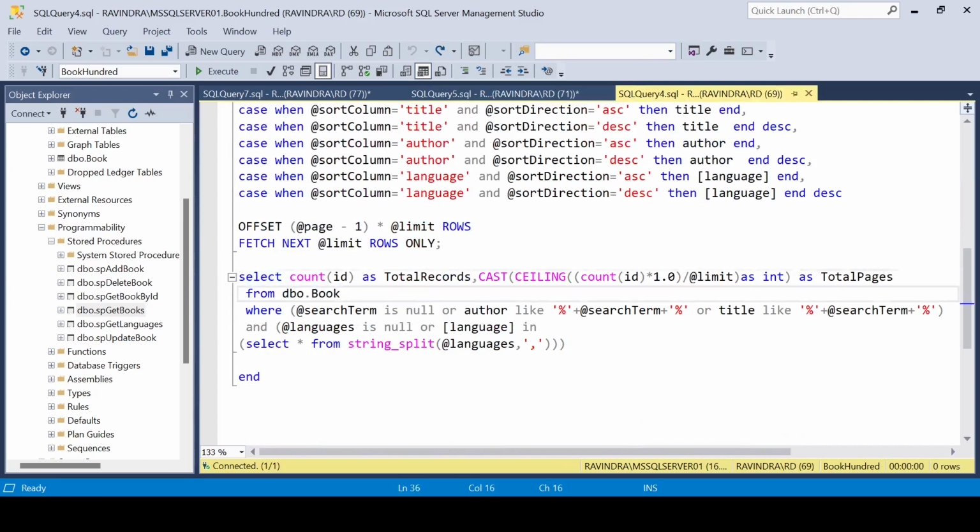Here we are just selecting count id as total records from book. So we are counting all the IDs from the table book, and we are using this where clause here so that we can filter our records. So we are filtering it by search term with title and author column, then languages. That's it. So we have applied 2 filters here, search term and languages,